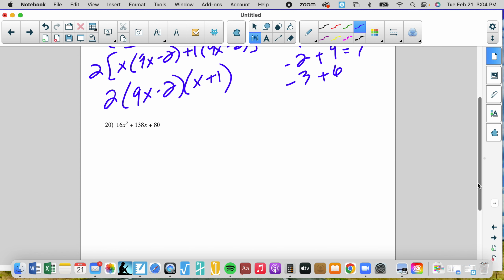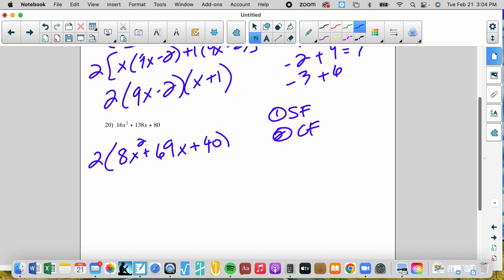And last but not least, look at that big number, 138... Wowzers. Okay, standard form, yes. Common factor. Well, you definitely want to say 2. So let's start with 2. What if we factor out a 2? You get 8x squared plus 69x